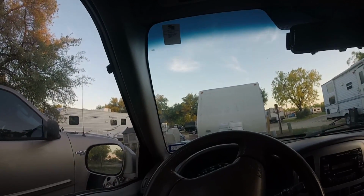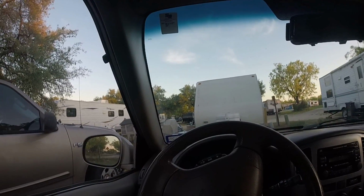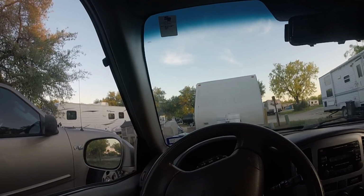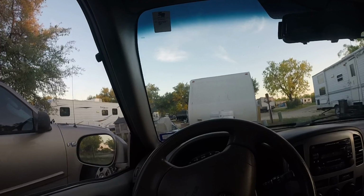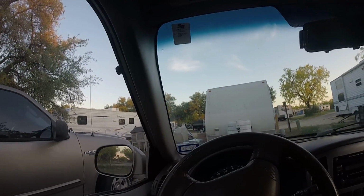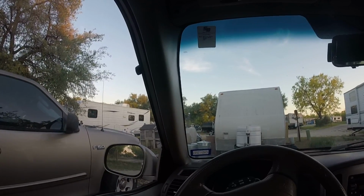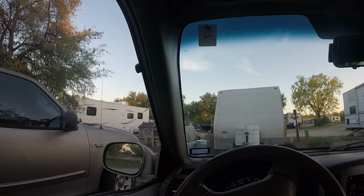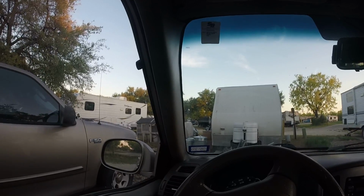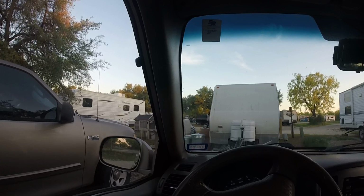And that is nice, so you don't have to hook up your rig and go to a dump station to drain your poop or your gray water. You just open up the valves and drain it from the side at your site, so you don't have to move your rig, which is awesome. I don't mind paying my own power. Power electric at an RV park is not that expensive. I think the highest bill I've had to pay was about $110 one month, but most